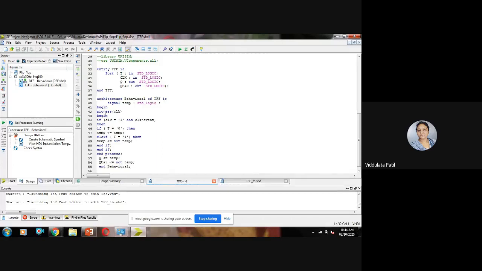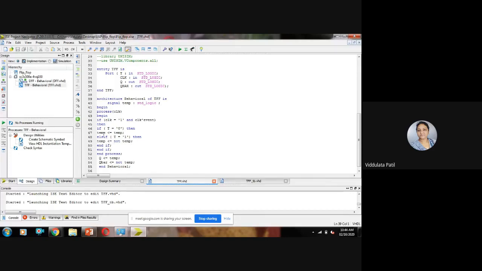After that we have written the process, declared with the sensitivity parameter clock, where with the rising edge of clock, if t is equal to 0, then whatever is the temp value will be assigned as the new temp value. And if t is equal to 1, that means the t equal to 0 condition becomes false, then temp is equal to not of temp.